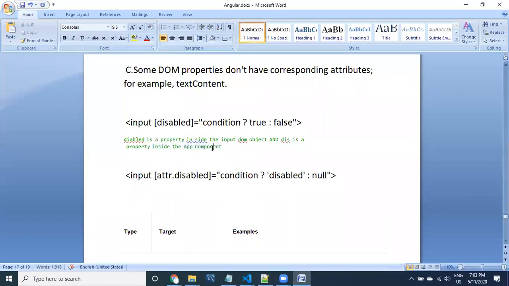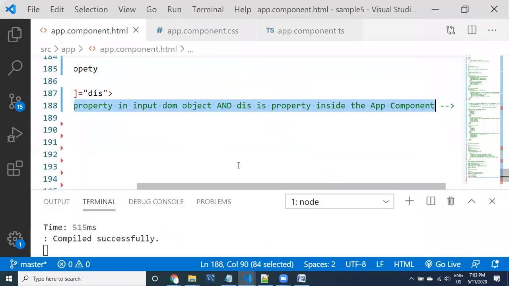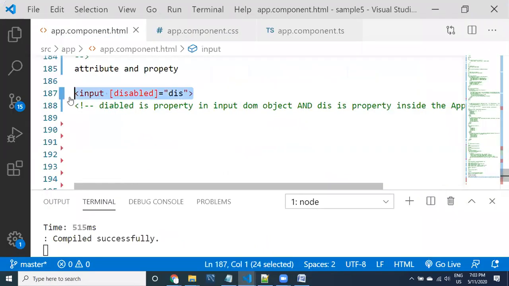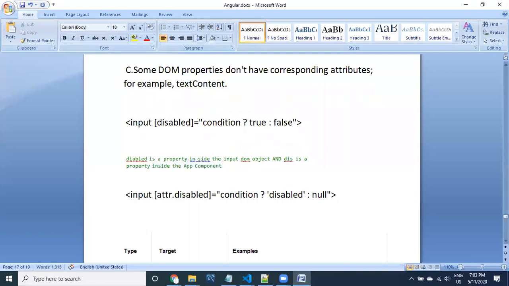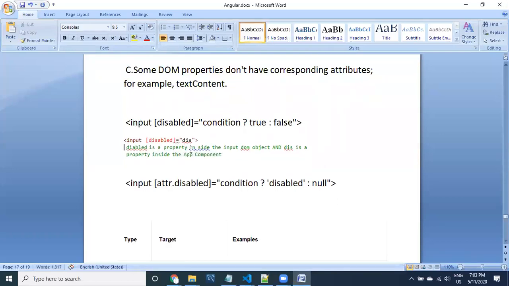Note that down, you need to understand. So just provide this one. Yes, it is going to be like this.